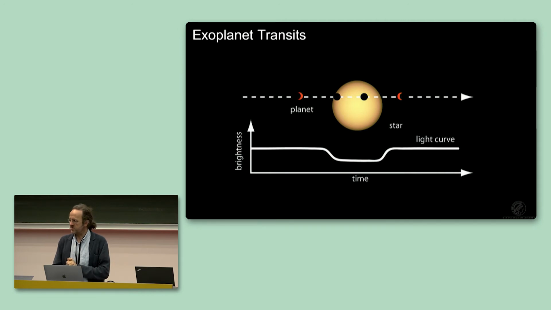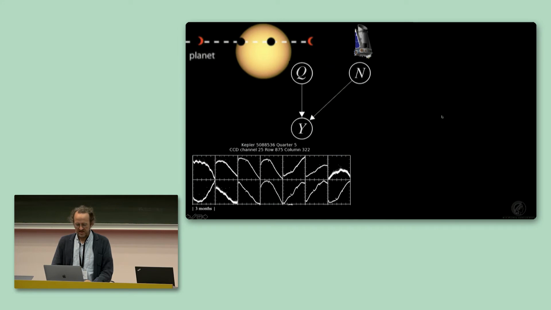But Kepler looks at several 100,000 stars, so there should be quite a few that might have this kind of alignment if they have planets. And sure enough, Kepler has found quite a few planets. Now, the problem from a data analysis point of view is non-trivial because we have the astrophysical signal, and then we get these measurements, but the measurements are not just influenced by this signal, but also by the telescope. In particular, the pointing of the telescope is non-trivial. It's a very subtle thing. It even has to correct for the radiation pressure of the solar radiation.